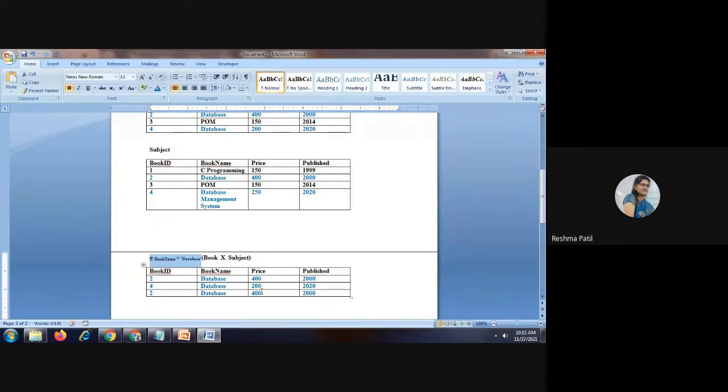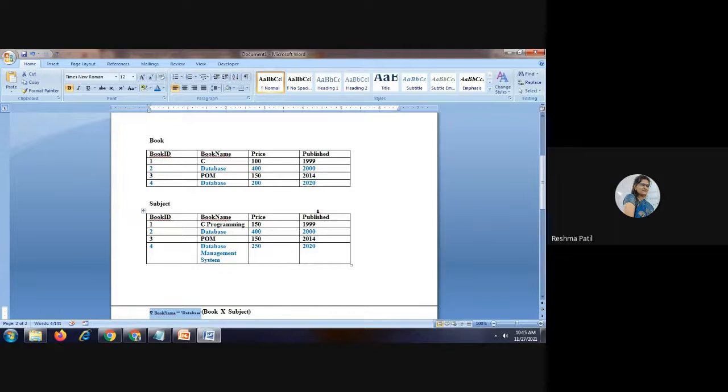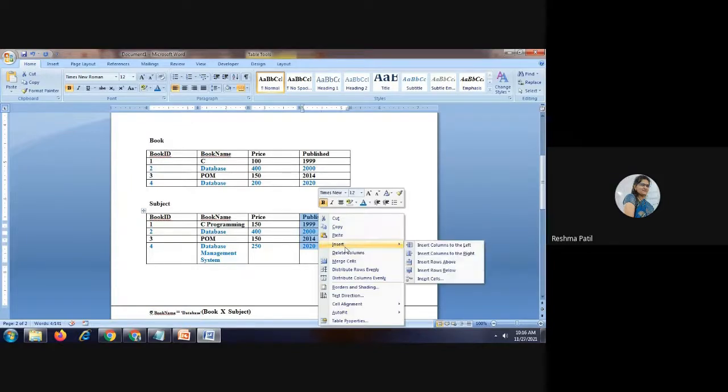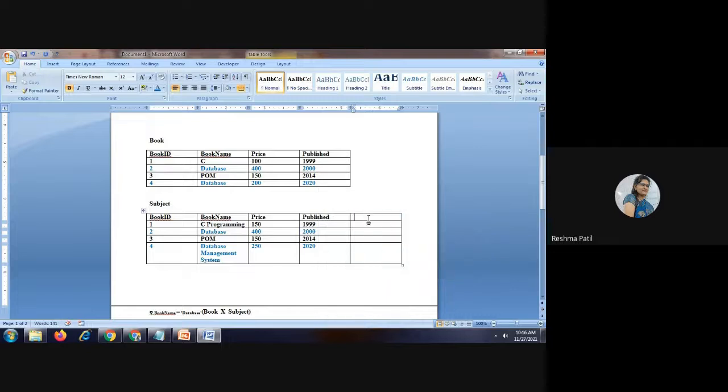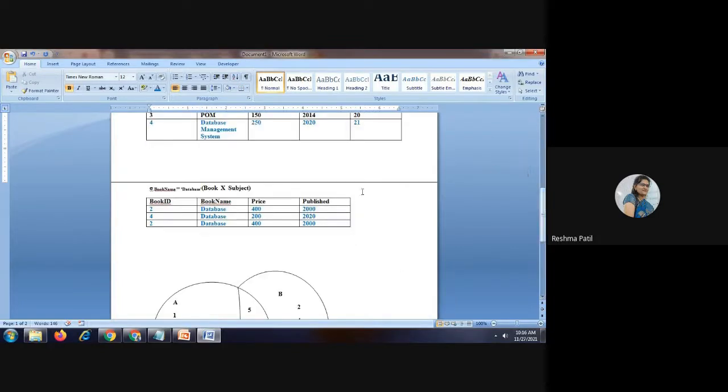Clear on the Cartesian product? Yes, ma'am. So if the other table has some different column, for example page number, 10, 15, 20, 21, we are going to merge this column also here.